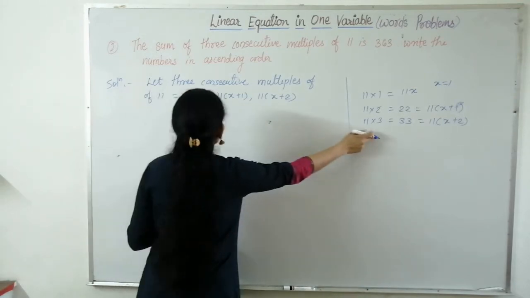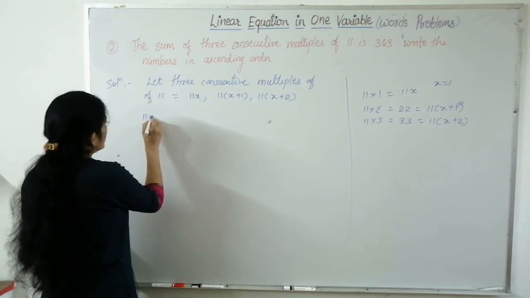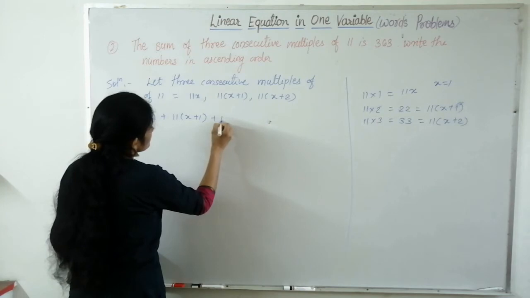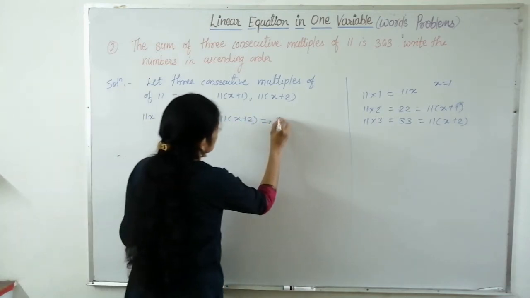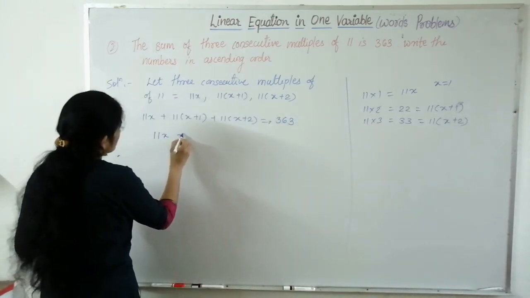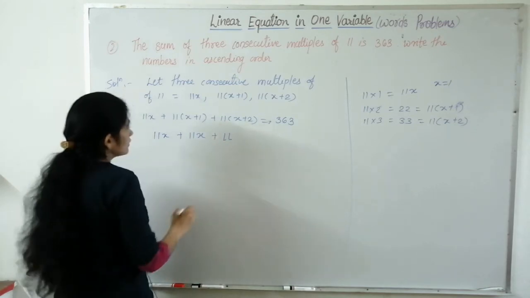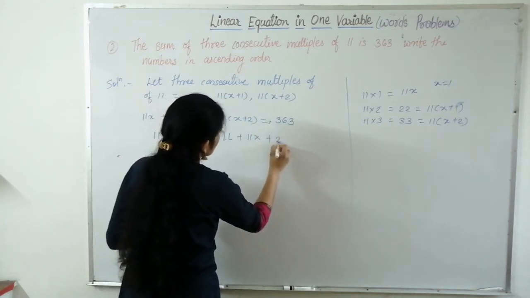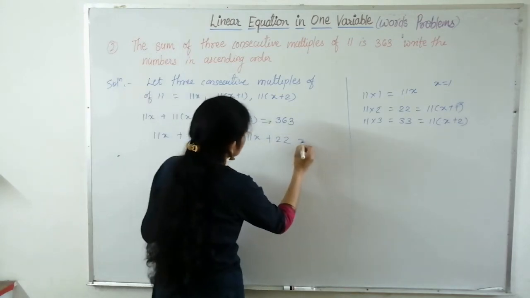This is just for your understanding. Now their sum is 363. Therefore 11x plus 11(x+1) plus 11(x+2), their sum is 363. Solve this: you will get 11x plus, multiply 11 to the bracket, 11x plus 11, plus again multiply 11 to x plus 2, which gives 22. You have to multiply 11 to this bracket one by one, equals